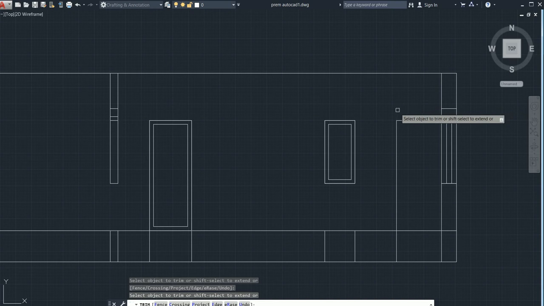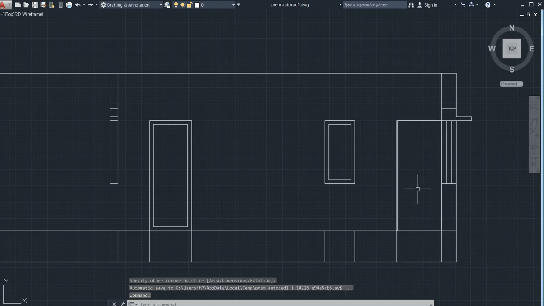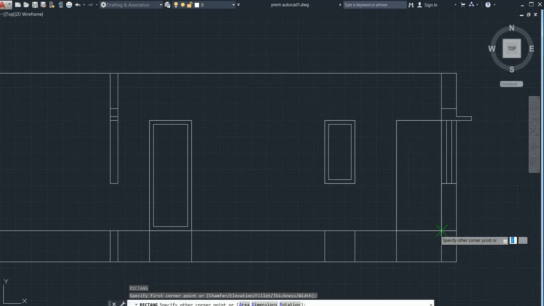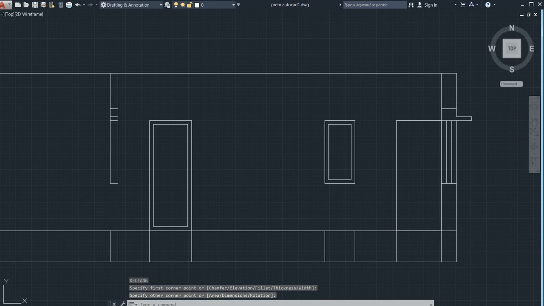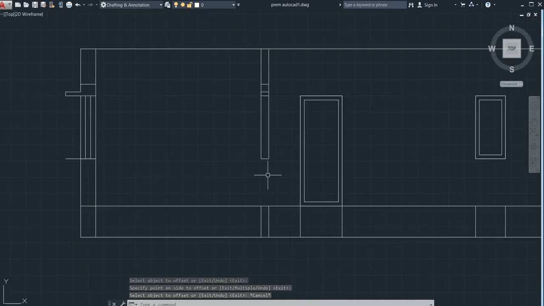I have trimmed, skip it, go for the REC command, drag up to here, REC. I have dragged up, skip it, go for the offset command of 3 inches from inside. Now this is our wall which I can see, go for the extend command.